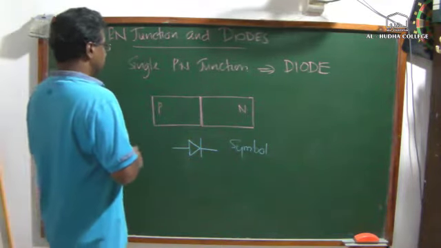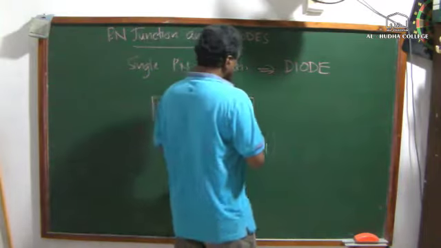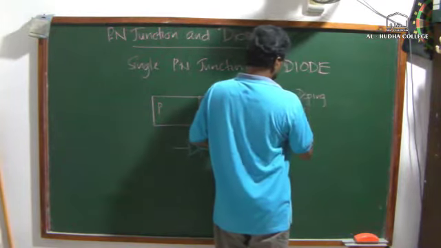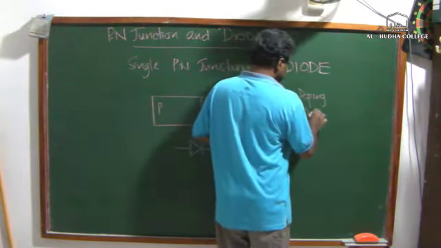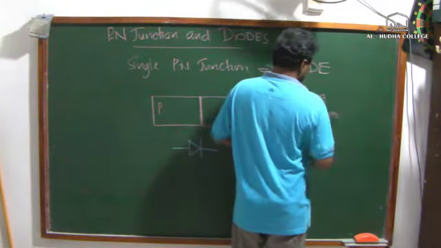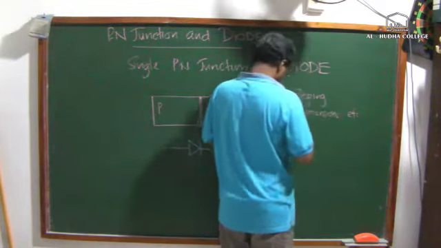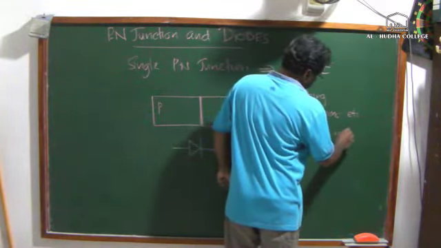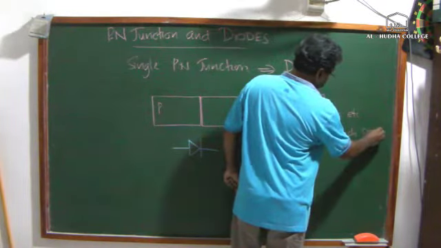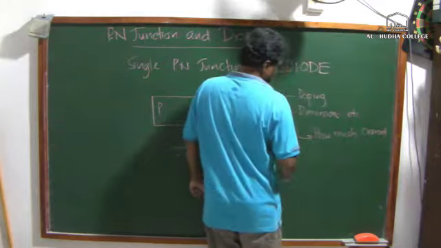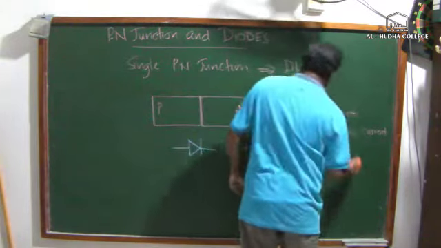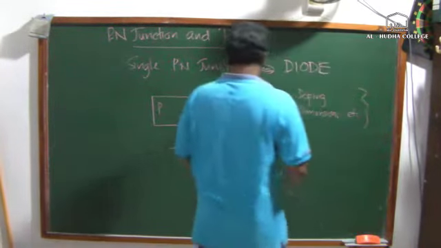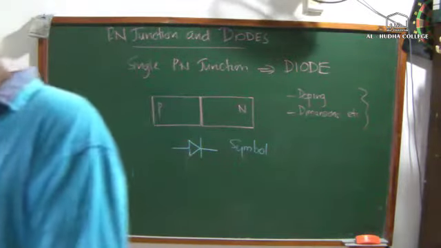So the characteristics of a diode will depend on the doping, right, dimensions, etc. These will determine how much current it can take. So we will look at it in detail. We don't have to worry about it now. Doping and dimensions are important, right? So just make a copy. I will go to the next section.